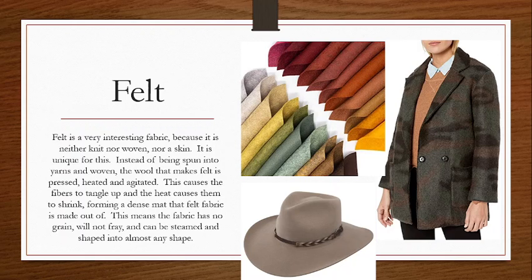Felt. As discussed before in our woven section, felt is a very interesting fabric because it is neither knit nor woven, nor is it a skin or fur. It stands on its own. It is incredibly unique in this manner. Instead of being woven or knit, it takes the unique properties of wool and how it reacts to heat to form itself. Instead of being spun into yarns or woven or knit, this fabric uses wool that has been pressed,